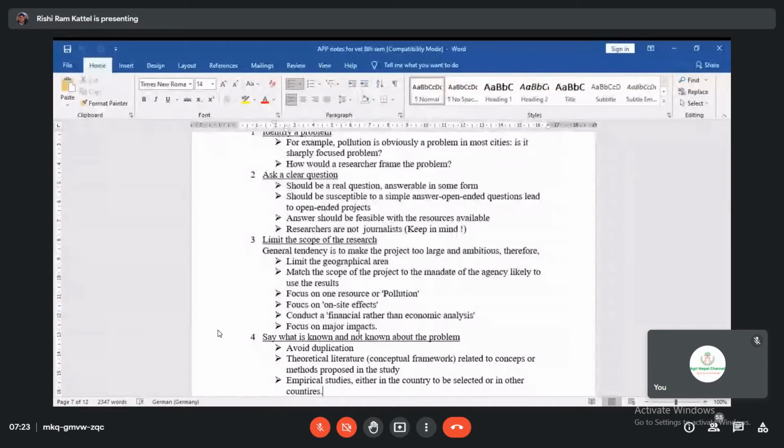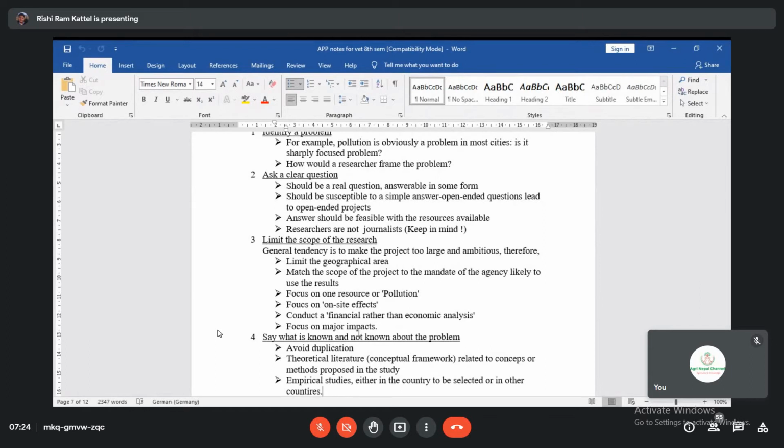Limit the scope of research. The general tendency is to make the project too large and ambitious. That is problematic. A researcher should do specific work at a minor level rather than a large ambitious project, since small is beauty. You have to focus on that, so limit the geographic area,